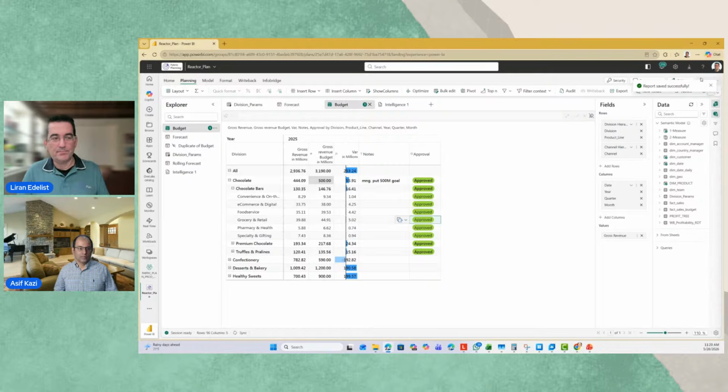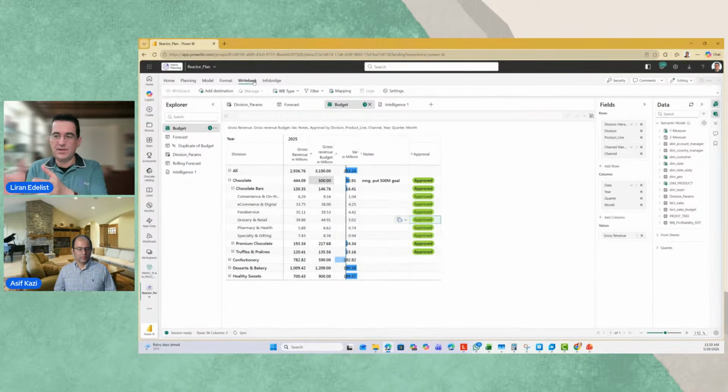That's number one. The second piece around that is even more nice, because I mentioned that we're sitting on top of the data warehouse. This, by the way, is a template, right? So this template is not for a single user. It's designed to have hundreds of users working on that, different people with their own quotas or planning or something like that. But you want the data to be captured back in your semantic layer. So we have this writeback option.